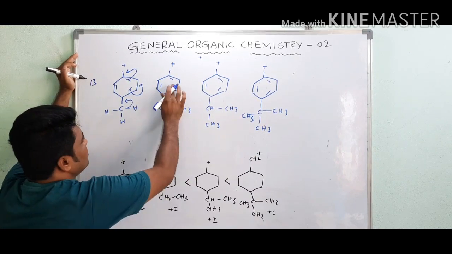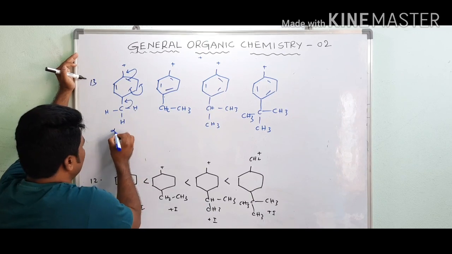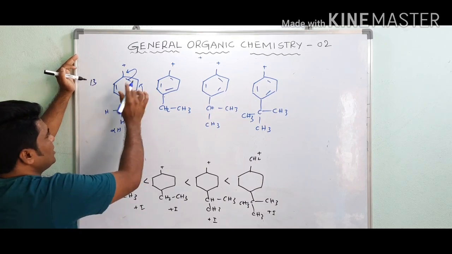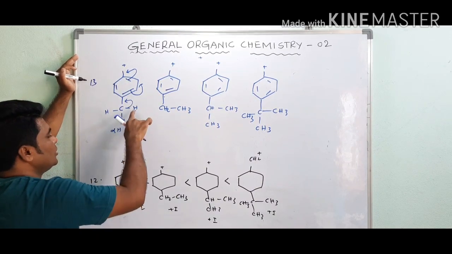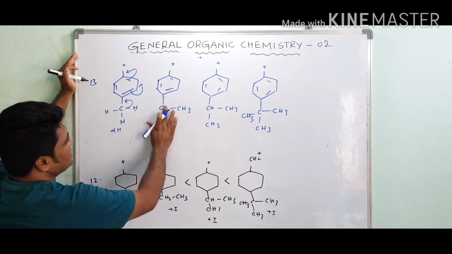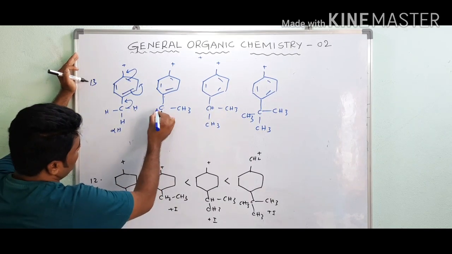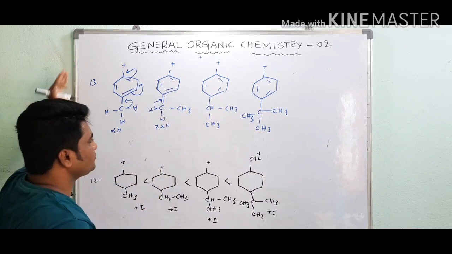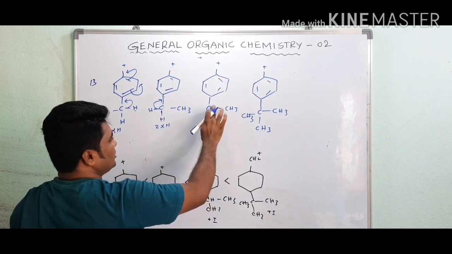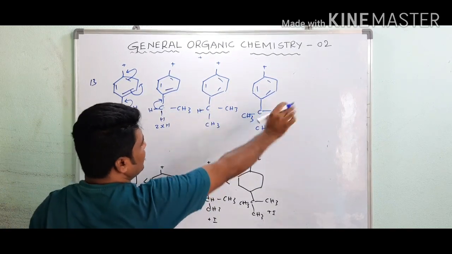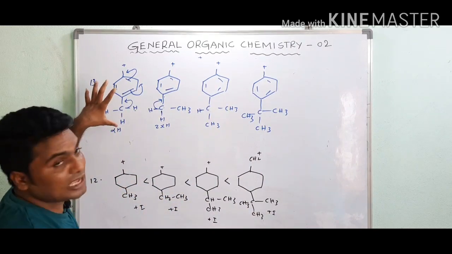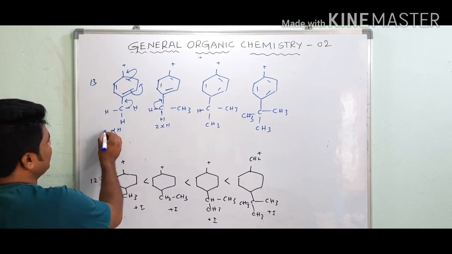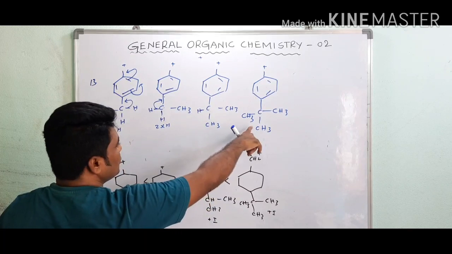And here, this is a pi bond. Actually these are called alpha hydrogens. Alpha carbon atom means the carbon atom which is just adjacent to the carbon-carbon double bond. Here known as the alpha hydrogen. Here totally 1, 2, 3 alpha hydrogens. Here this is a CH2. How many alpha hydrogens? Only 2 alpha hydrogens. It means stabilized 2 times. Here only 1 alpha hydrogen is there, 1 time stabilized. Here 0 times. It means the number of stabilizations in this compound is more. Because 3 alpha hydrogens, 3 times stabilized, 2 times, 1 time, now 0 times stabilized